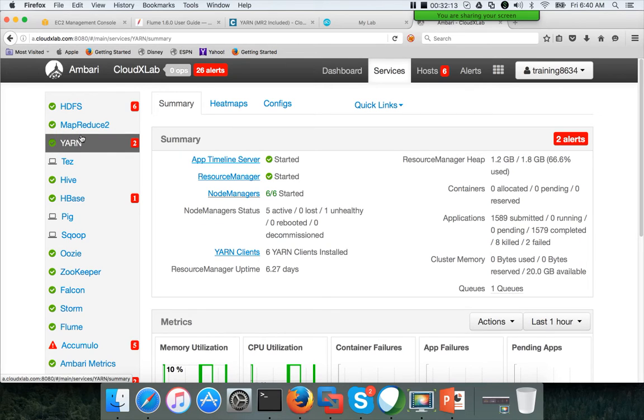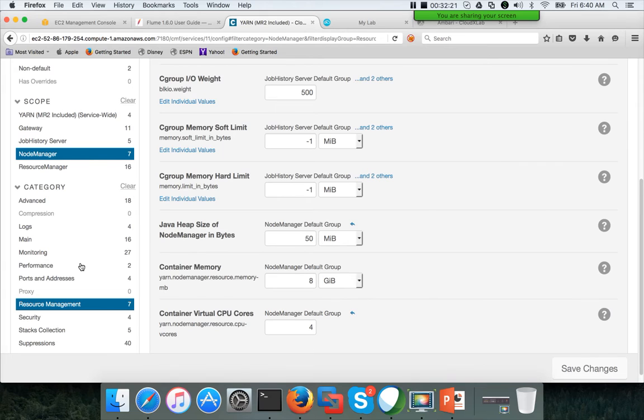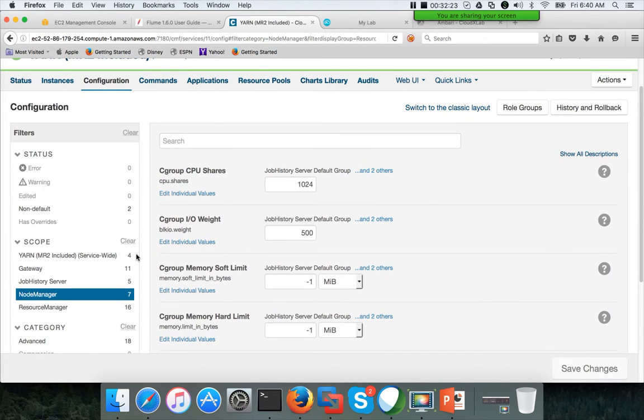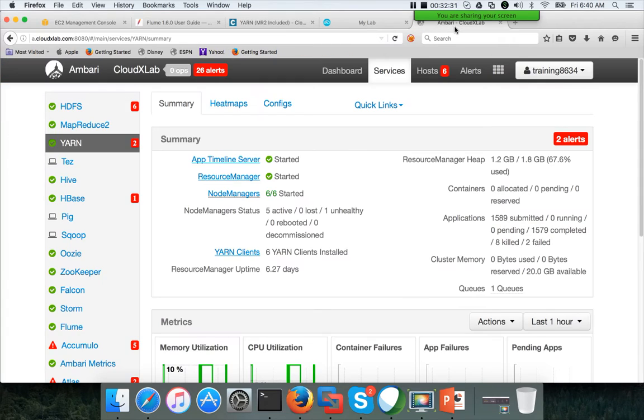One is for yarn and one is for MapReduce 2. So all the details about MapReduce 2 will be in MapReduce 2, whereas in Cloudera it's different. You have yarn in a different section, yarn and MapReduce together, yarn MR2 included. So that's the major difference in the way they have organized.